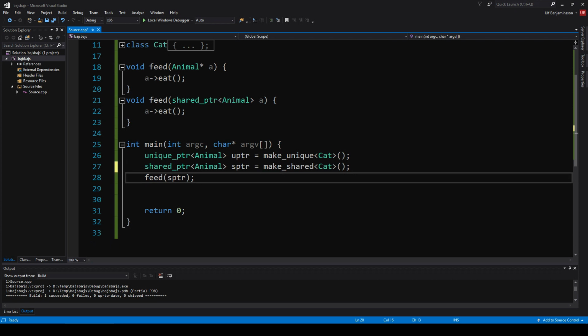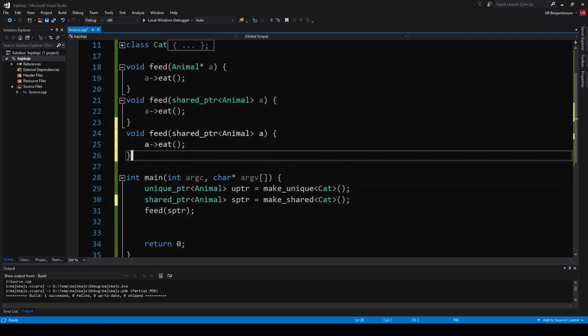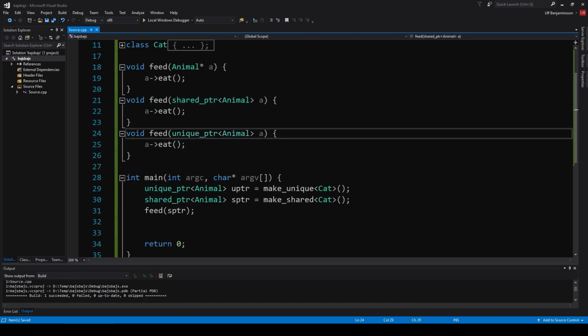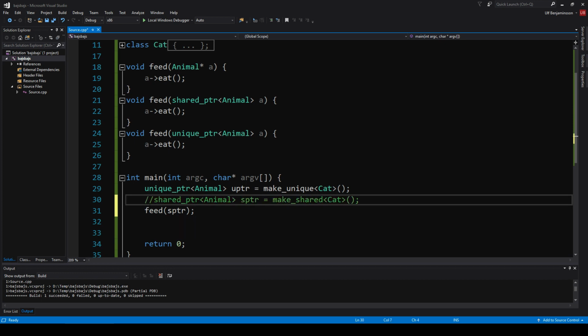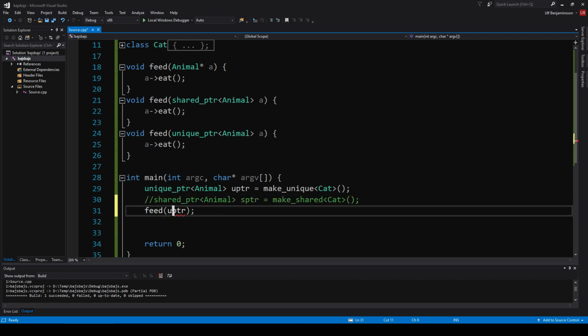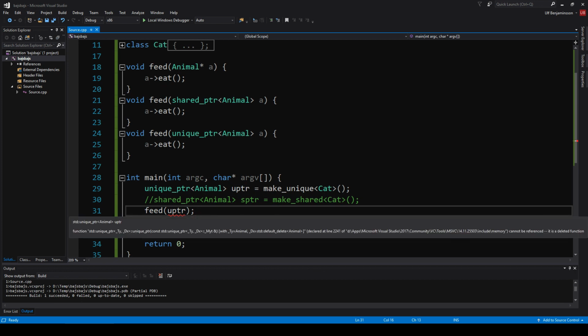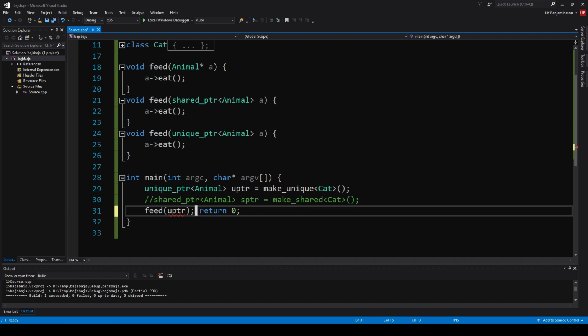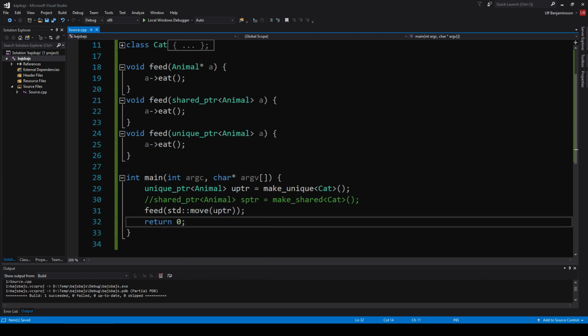And if I try to do that with a unique pointer, we should run into problems because the unique pointer cannot be copied. It's only allowed to exist in a single copy. So if we try to pass in the unique pointer, yeah, it doesn't even allow me to compile: cannot be copied. I wonder if I can do standard move on that thing. Move is in the standard namespace and allows you to move the unique pointer into wherever you need it to